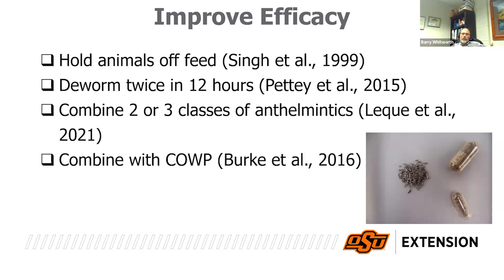And the reason that is, if you use 2 wormers, we know that it's an additive effect, so that if you have maybe a dewormer that's 80% effective, it kills 80% of the worms, then you use another one that's 80% and it kills 80% of what's left. So now you've added 2 wormers, you got 96% kill, which anything above a 90 would be good. So that's why it works so well.